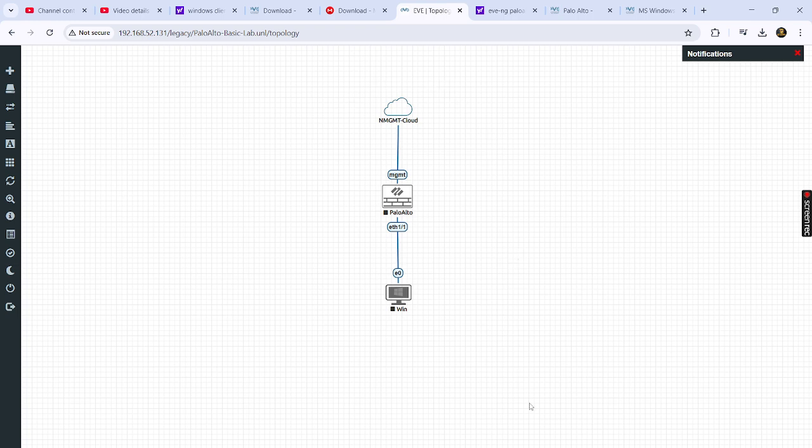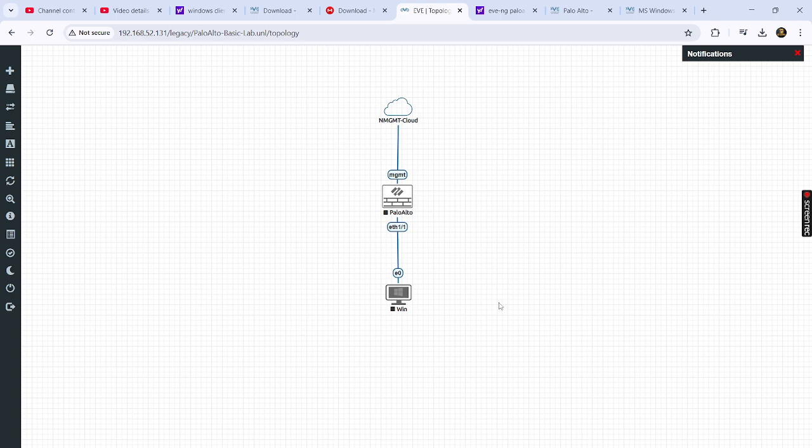I think this is very clear about how to install EVE-NG in VMware Workstation and add the images to EVE-NG. Once the image is added to EVE-NG, you can log into the web GUI of EVE-NG. I already showed it: right click on this empty page, it will show the nodes, and once you click on nodes, there is an option to add the firewall, and you can click on Palo Alto firewall. The devices will be added here, and you have to make the connections as per your requirement. This is how you can build up a topology.